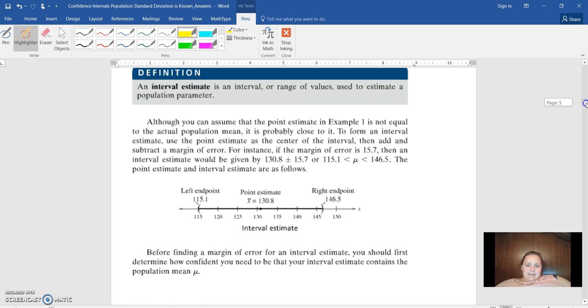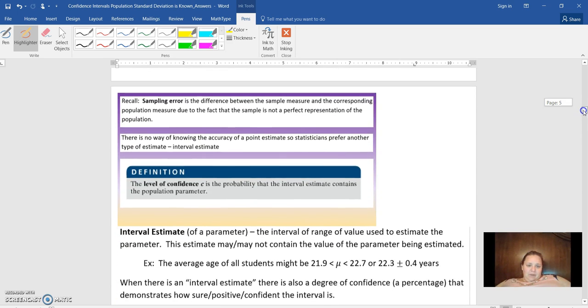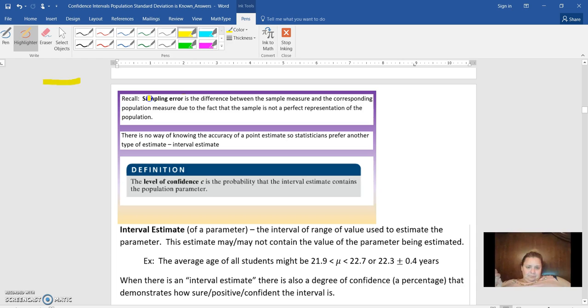I'm going to go into the depths of this later. I'm just pointing out that we have an interval estimate. The sampling error is the difference between the sample mean and the population mean. That often happens if your sample is too small. Notice that as your sample increases, like 100 versus 1,000 versus 5,000, it will get closer to the actual population